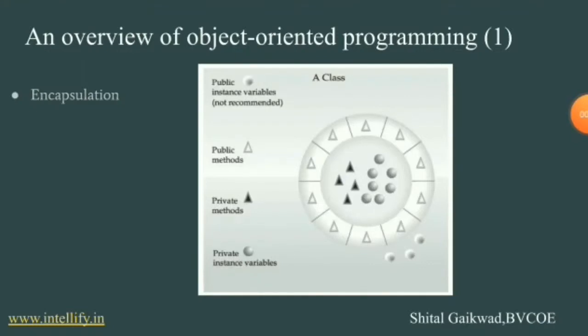There are many features of object-oriented programming. Let us discuss one by one in detail. The very first one is encapsulation. Now, what is encapsulation? Say we have a program. It has a few logically different objects which communicate with each other according to the rules defined in the program.